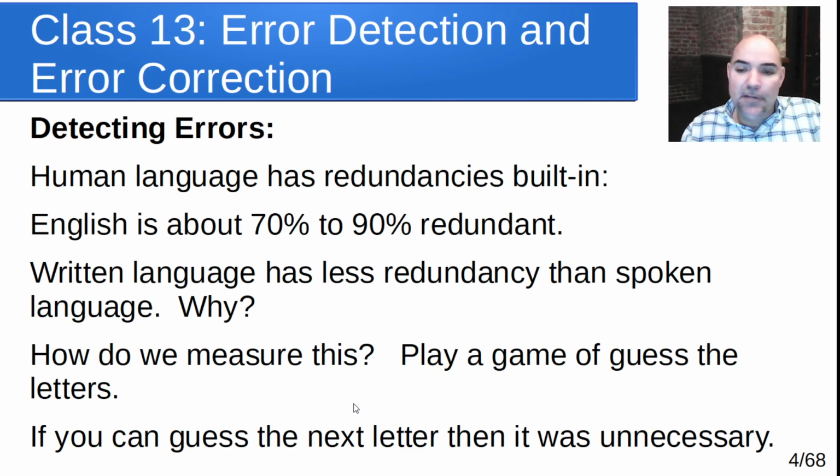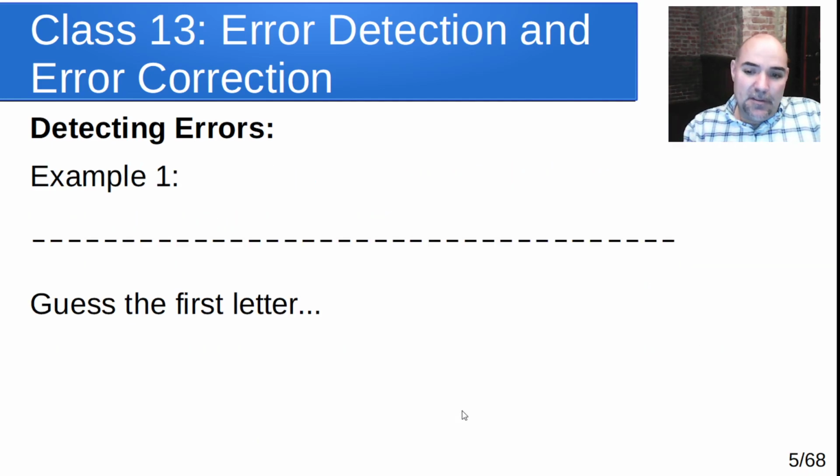It was something you could have guessed. So in other words, if you could have probabilistically picked what the next character was going to be, then there wasn't really any reason to have it because you could just assume that's what it was going to be. So let's play that game with this